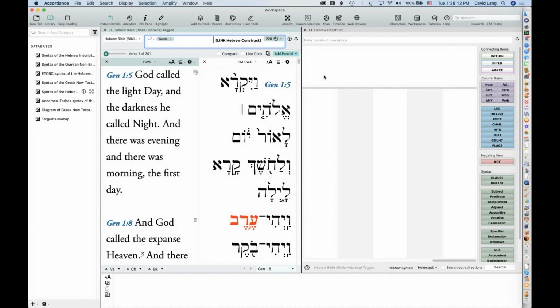But so here's now the Hebrew construct. The link command tells Accordance, don't look for my search here, look for my search argument over here in this other window. So it's going to be using this window as its search argument. And what this window does is it lets me create complex constructions graphically. So you have these columns down here, and the columns represent individual words in my search.